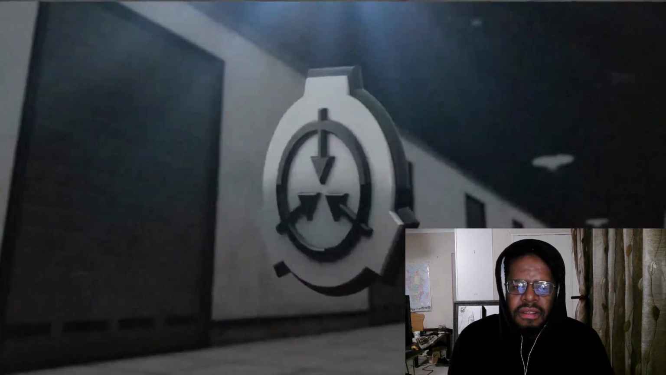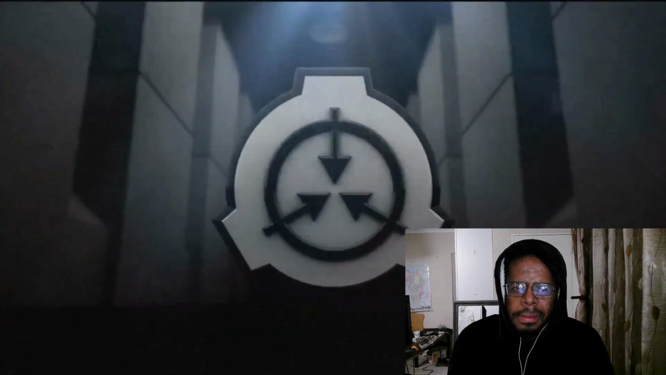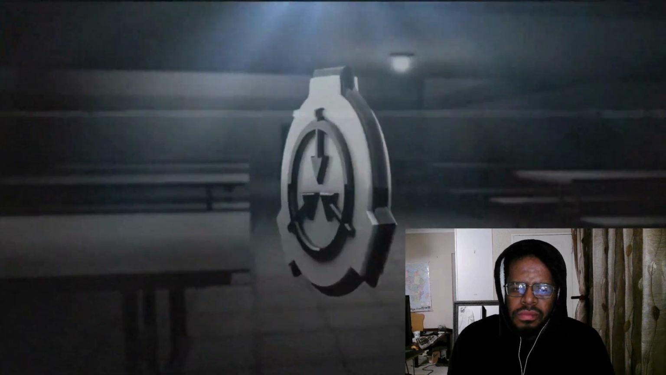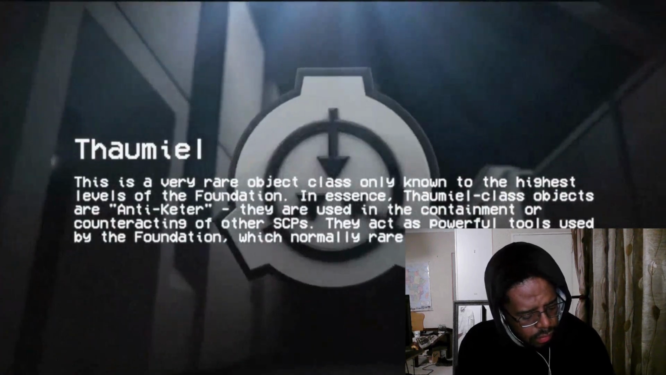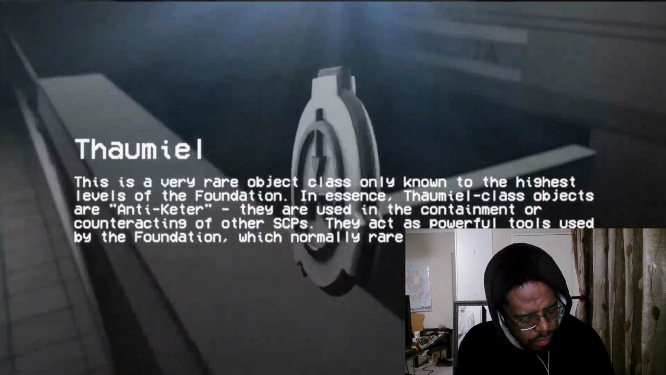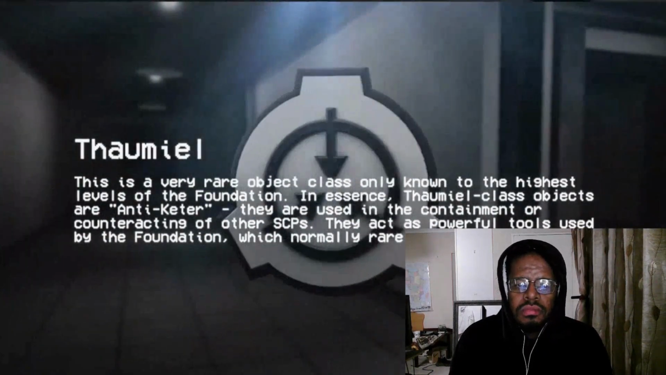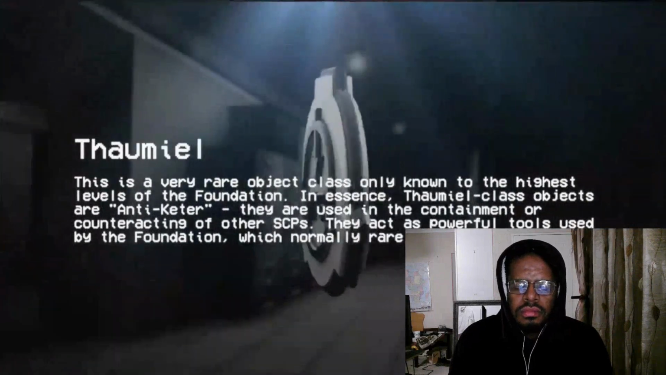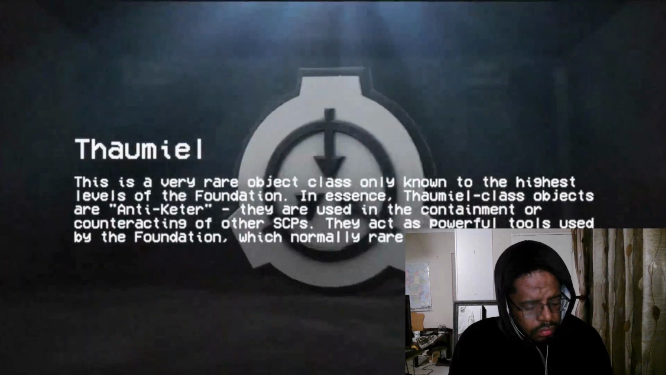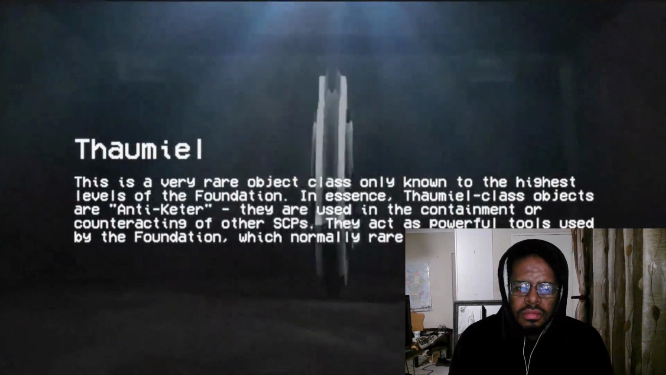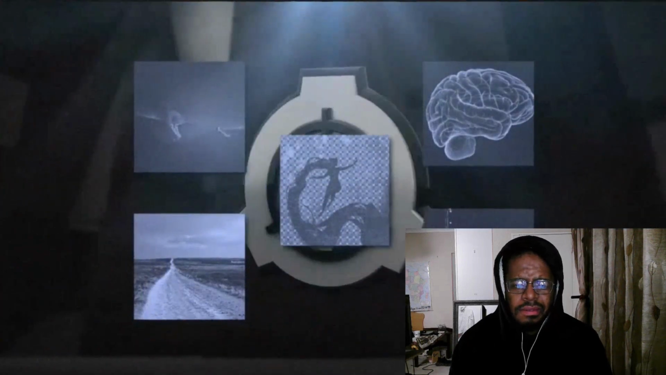In addition, there are a number of esoteric and secondary classes that are used much less than the big three that I just mentioned, but still serve important purposes. Thaumiel. This is a very rare object class only known to the highest levels of the Foundation. In essence, Thaumiel class objects are anti-Keter. They are used in the containment or counteracting of other SCPs. They act as powerful tools to be used by the Foundation, which normally rarely uses anomalies. Some notable examples of Thaumiel class SCPs are SCP-2000, SCP-2003, SCP-3000,